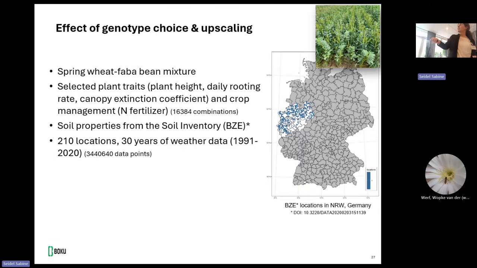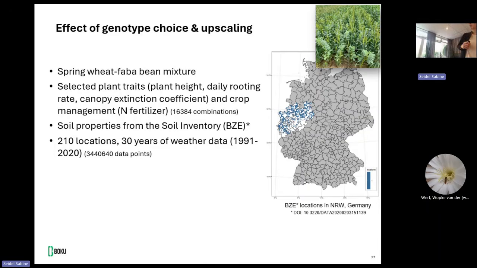So we have these three traits, and we had different levels of the traits per crop. We also tested different crop management, so we have different N levels. And we did this all for sole cropping. So we had one plant height, one daily rooting rate, and then we changed the canopy extinction coefficient for different values, under one N level. Everything was kept stable, but just one parameter value was changed, which in the end leads to quite a lot of combinations,